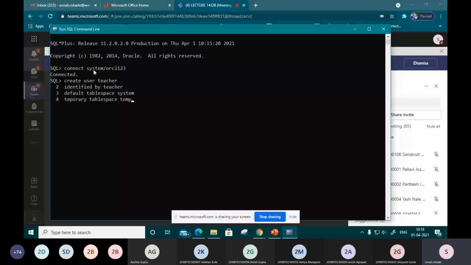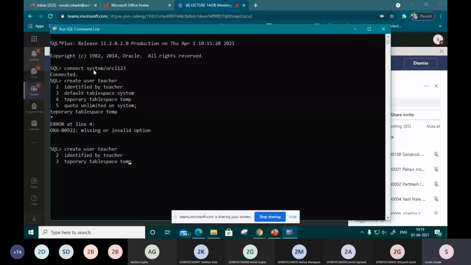Then we give a size with quota, providing unlimited on our system user. We will create that user. I have misspelled temporary.